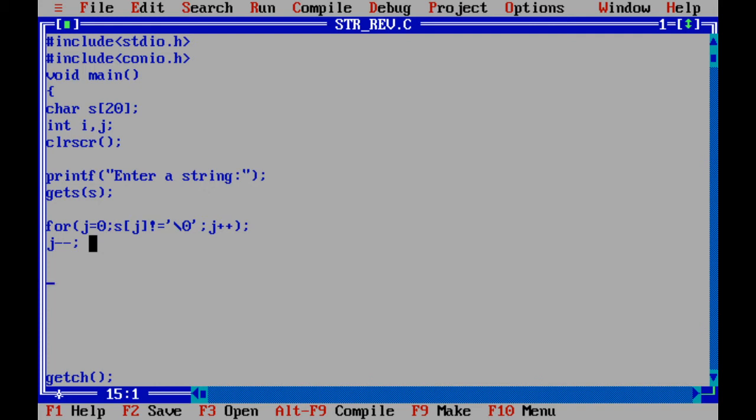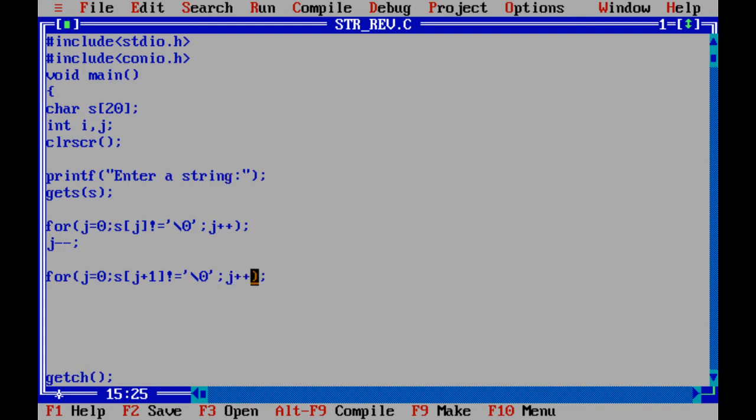Is it clear? See, this can also be written like this: for j equal to 0, s of j plus 1 not equal to null, j plus plus.